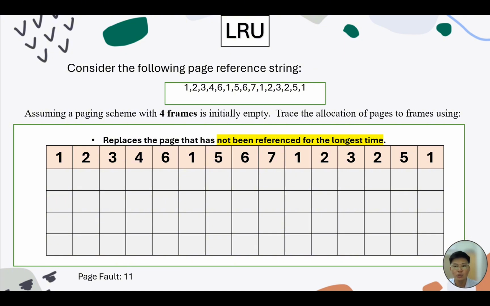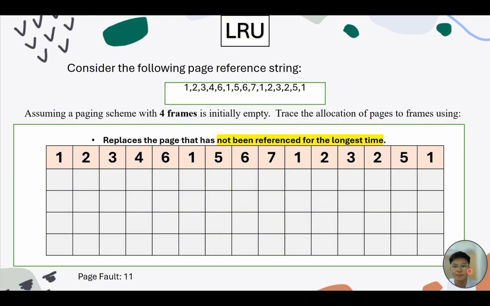So how does LRU work? Let's look at the question. Consider the following page reference string. We are given the numbers 1, 2, 3, 4, 6, 1, 5, 6, 7, 1, 2, 3, 2, 5, 1. So assuming a paging scheme with 4 frames, it means that it can hold 4 pages at a time. So trace the allocation of pages to frames using